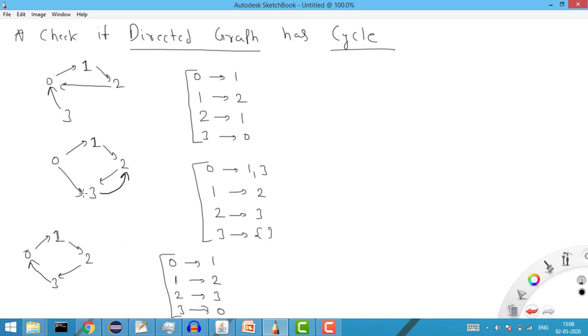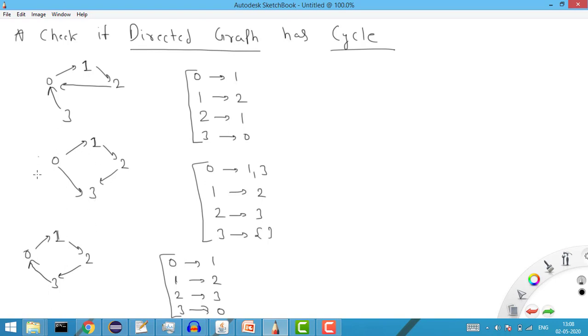So it is not necessary that I should have all the elements in the cycle. Either I can have 1 element, 2 elements, 3 elements, up to n elements. And if at any point they are forming a cycle, then we can say yes, there exists a cycle. It doesn't matter whether it is of 2 nodes, 3 nodes, 1 node or 4 nodes. Right? So this is also a cycle in this case. Or we can have, let's say, another edge like this, where we are going from 3 to 3. So here also we have a cycle, right?